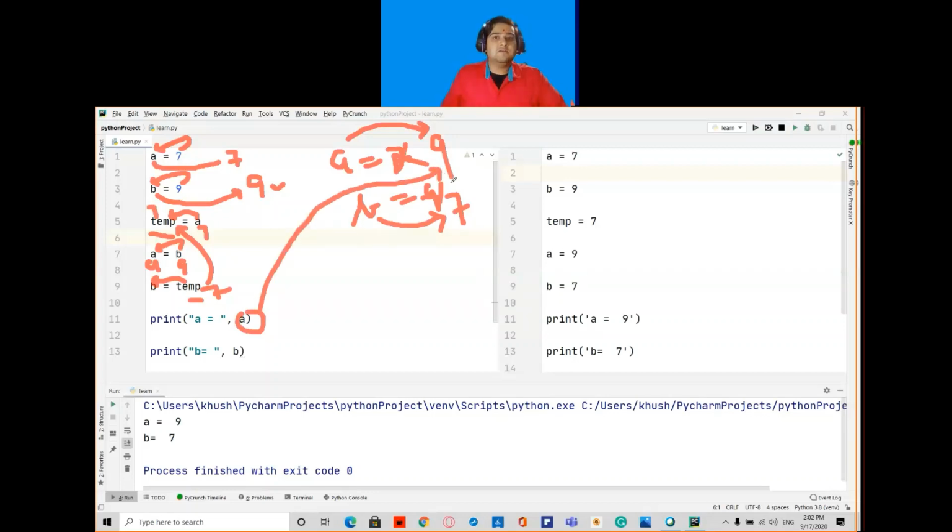Previously it was 7, but now it has become 9. And the value of B is now 7. Previously it was 9. So now the values have been interchanged. You can see that the previous values are 7 and 9, A is 7, B is 9, and the new values are A is 9, B is 7. So this is how you swap two numbers without taking user input.